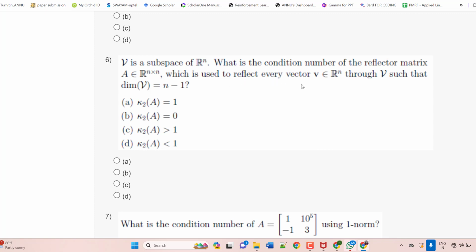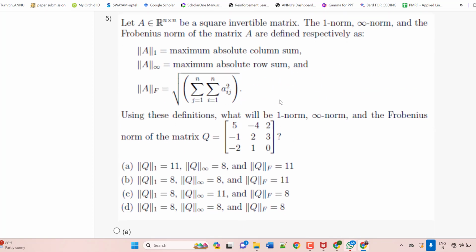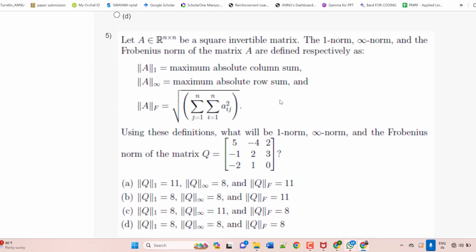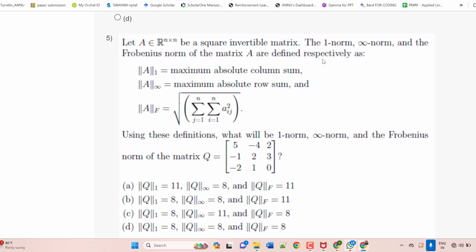As we know, the condition number for all orthogonal matrices is 1. As we know, the value of the condition number should be greater than or equal to 1, but in the case of an orthogonal matrix it is the rare minimum. That's why it should be 1. This is looking very tough. Let's see. This is the one norm, infinity norm, Frobenius norm. So we have to calculate it. We can calculate. I think that is fine, Vivek.